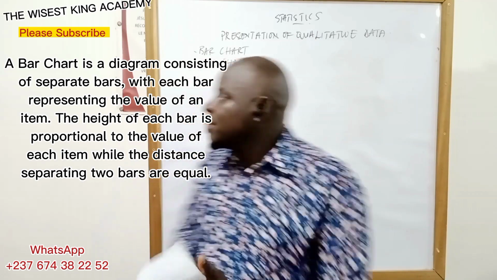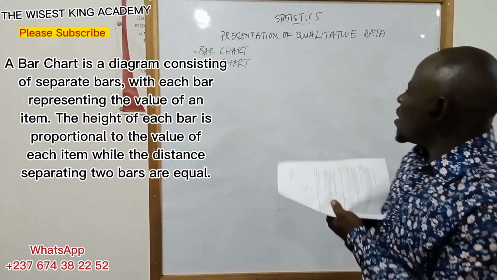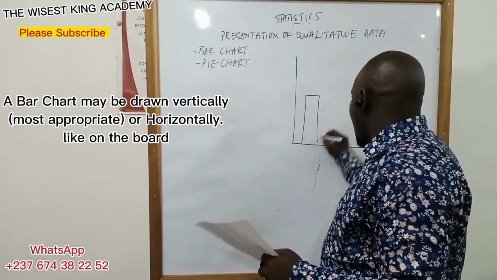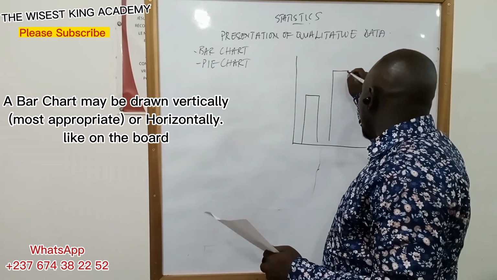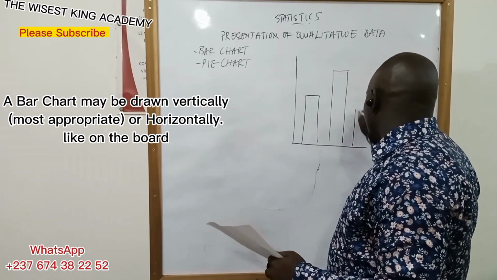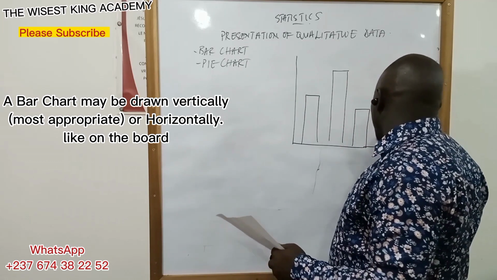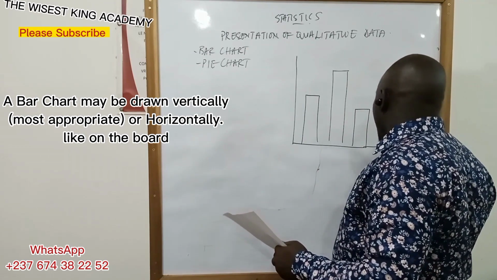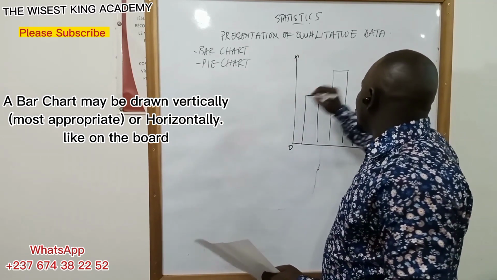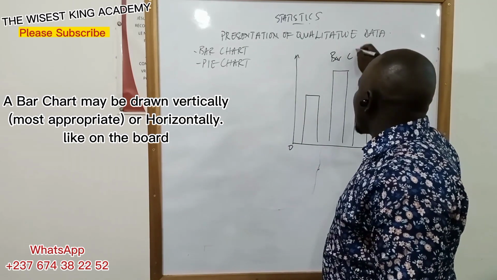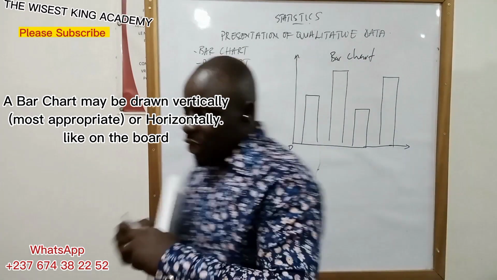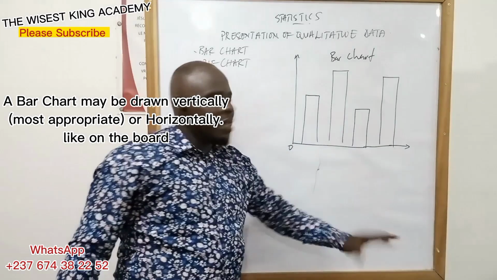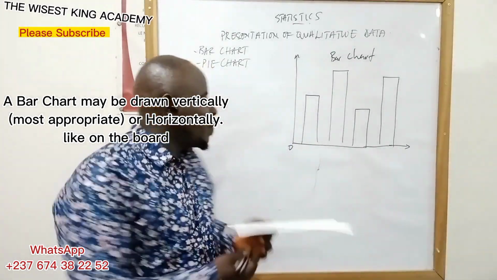So let's see. A bar chart, let me do this. Look at this. An example. I'm just doing my best for it to be the same. So this is a bar chart. That's an example of a bar chart. Now with a bar chart, the distance separating two bars is equal. The height of each bar is proportionate to the value. Let's say